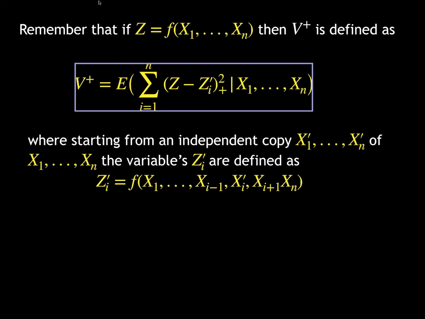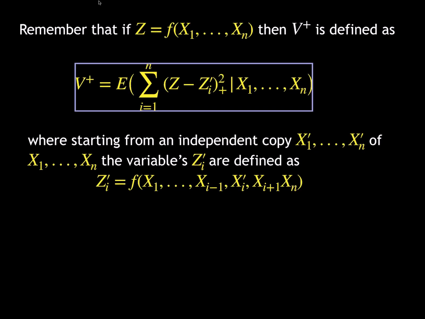This V plus is the expectation of the sum of the differences between Z and Z prime i, squared, positive part, knowing x1, ..., xn, and you take the expectation knowing the variables x1, ..., xn, and where the Z